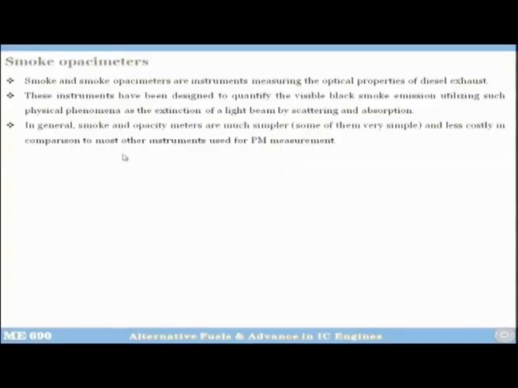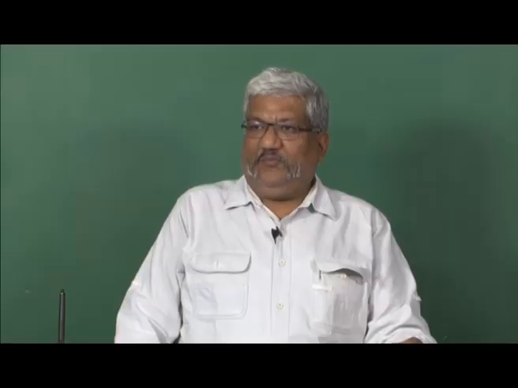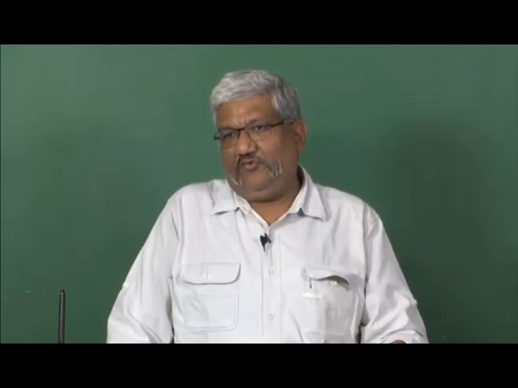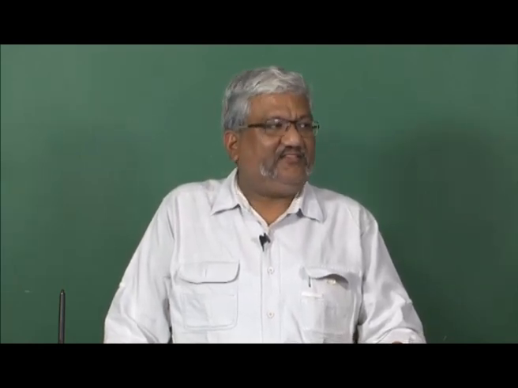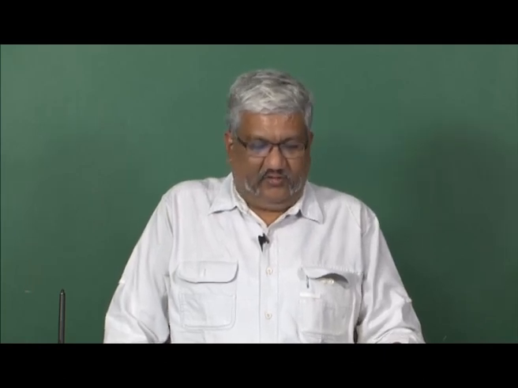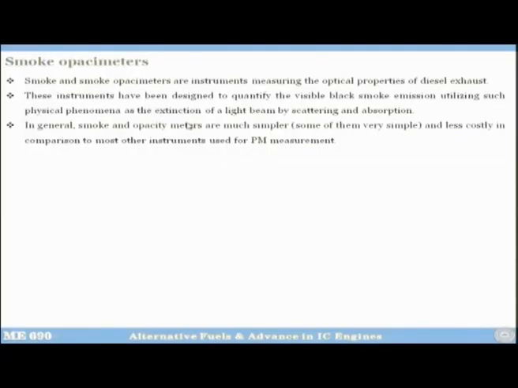Okay. So, in general smoke opacimeters are much simpler. Some of them are very simple and less costly in comparison to most other instruments used in PM measurement. Just to give you an idea, if you want a full PM measurement as per regulations, the cost of the instrument will be in excess of 15 to 20 crore rupees. So, it is really expensive. Opacimeters, on the other hand, are very cheap, 3-4 lakh you can get,